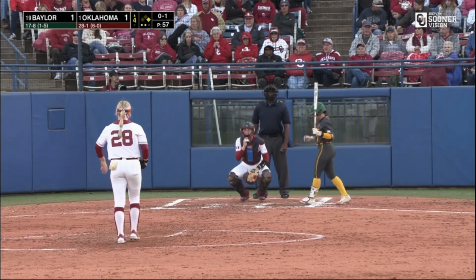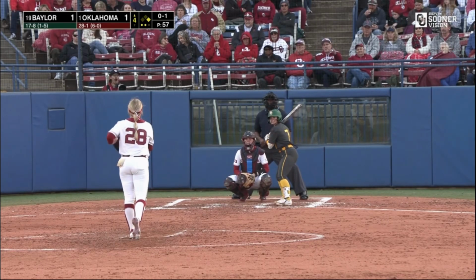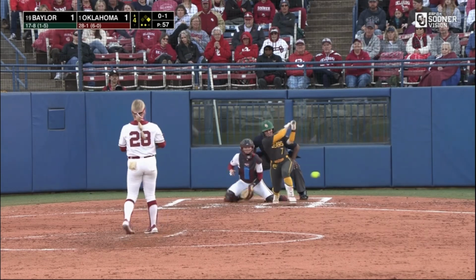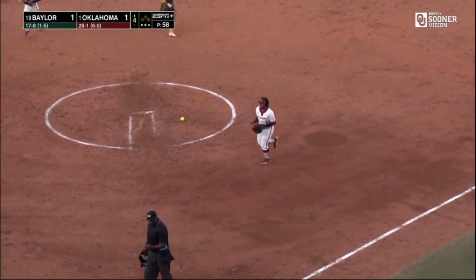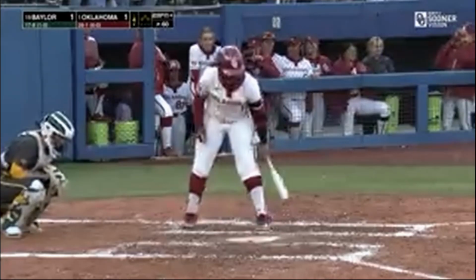Sooners defense has maintained the same. Sanders at first. Hodge at second. Jennings at short. Brito at third. Bouncer, slow roller to third. Brito's up with it, throws across, and that'll do it. But Baylor gets the equalizer. Off. Number 1, Sydney